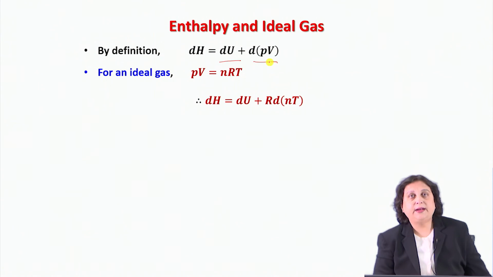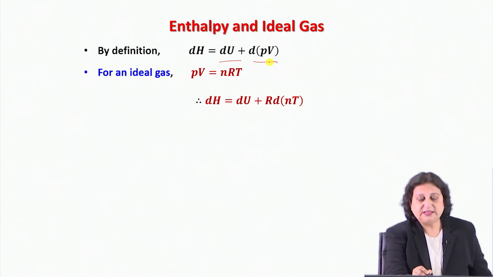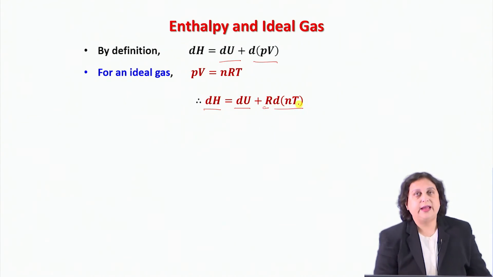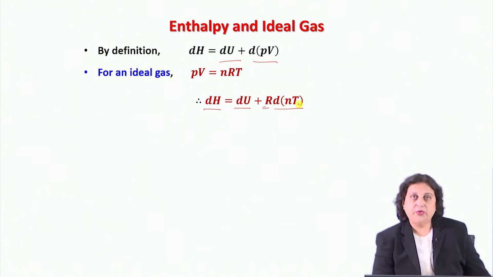If I put it back together, since R is a universal constant, therefore I must have dH equal to dU plus R into d of nT. Therefore, dH is distinguishable from dU by this term d of nT,